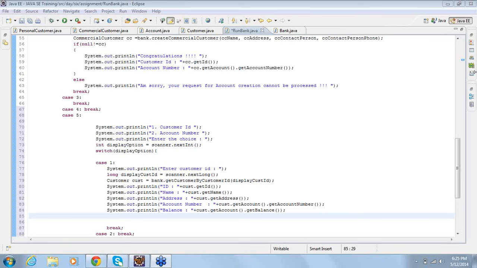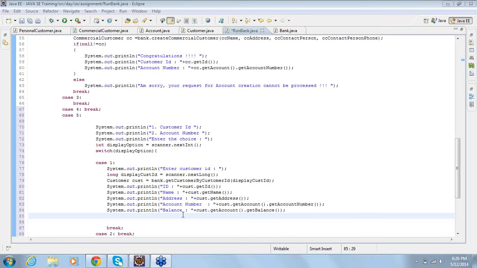I reiterate the question. I am able to display the customer details, but now I want to display the specific type, whether the customer is a personal customer or commercial customer. How do I get into that?